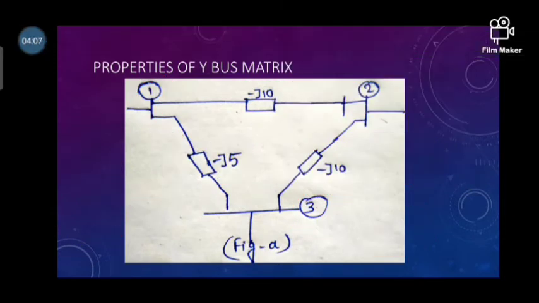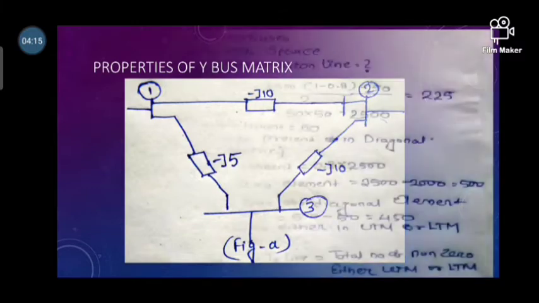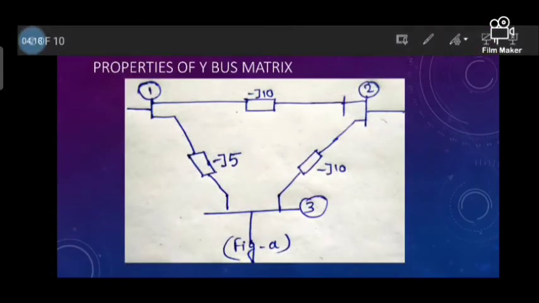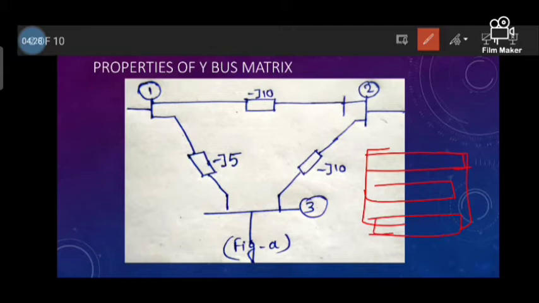Now our property number 3. Property number 3 is about checking purposes. Checking purposes means the summation of all the admittances connected. Please try to understand all this. If that is your first row, that is your second row, and that is your third row of the Y-bus matrix, then the addition of all the elements y11, y12, y13 is equal to the total shunt parameter connected to that bus.